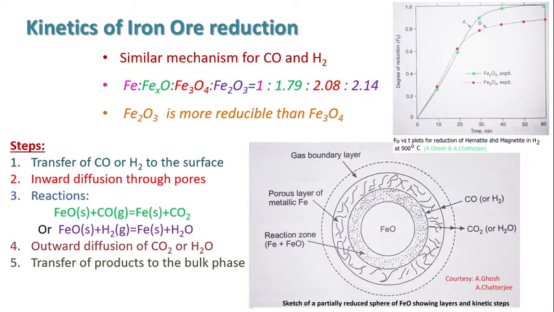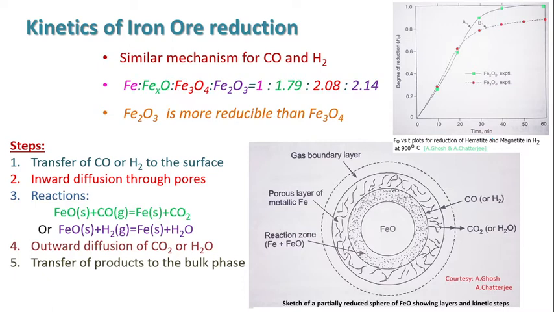Next we will see about the kinetics of iron ore reduction. Okay, so we have studied about iron ore reduction by carbon monoxide, carbothermal reduction, or by hydrogen. Let's have a look at their kinetics. The general features of kinetics and the mechanism of iron ore reduction by CO and H2 are similar, so we will discuss them together. But there is an important difference, that reduction by hydrogen is about 5 to 10 times faster than CO. So we can say that hydrogen is a better reductant than carbon monoxide, but it is